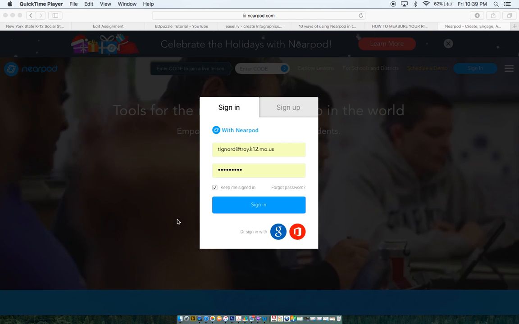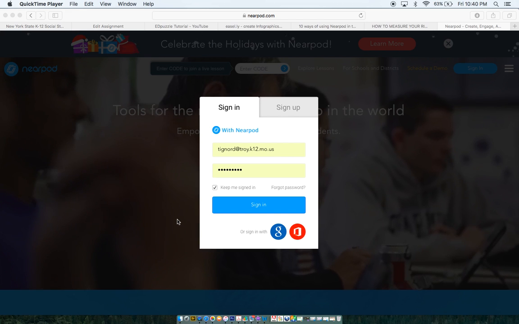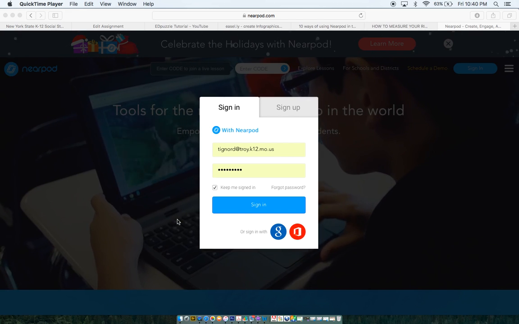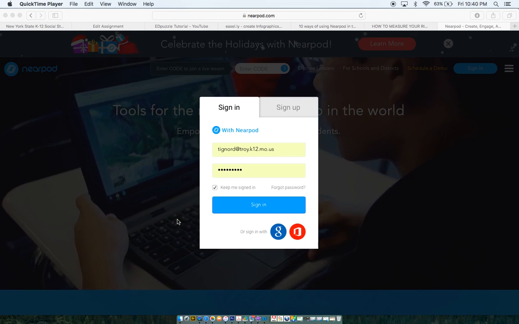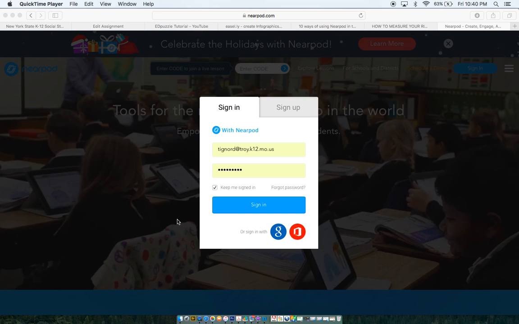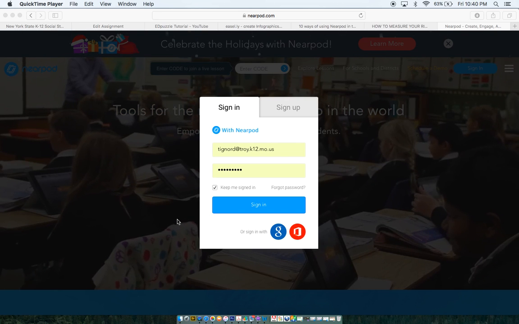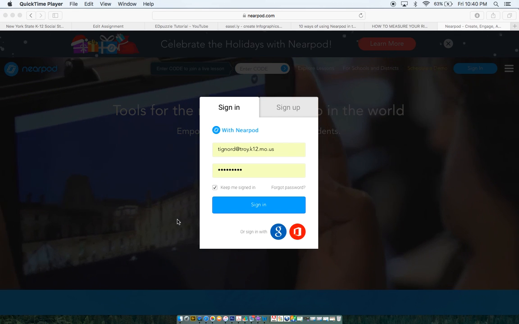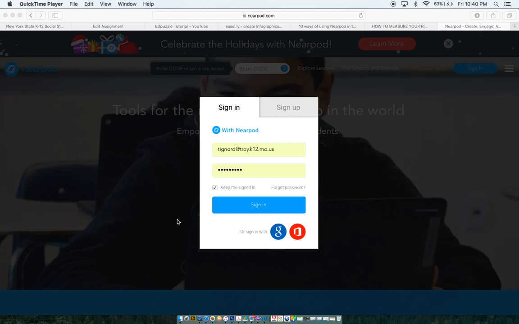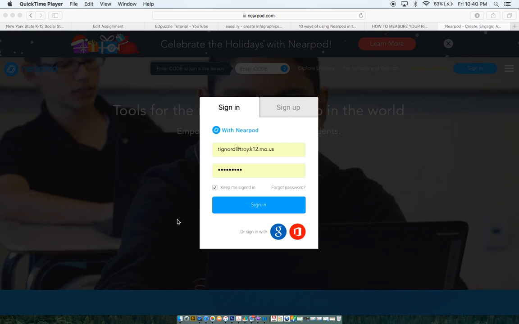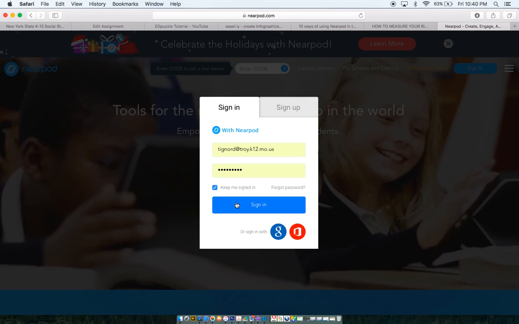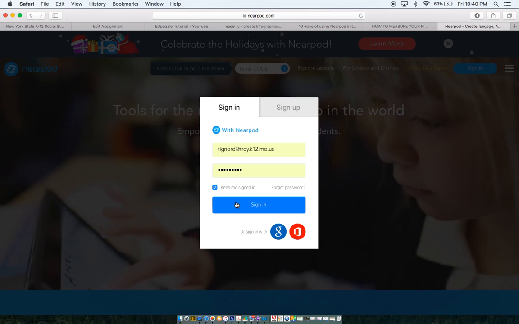What I noticed personally about the free version is that it's plenty to get your feet wet, but the more Nearpod activities you create, the more memory you use. And with the free version, you're only allotted so much memory, so you run out pretty quick. So just FYI. So once you log in,